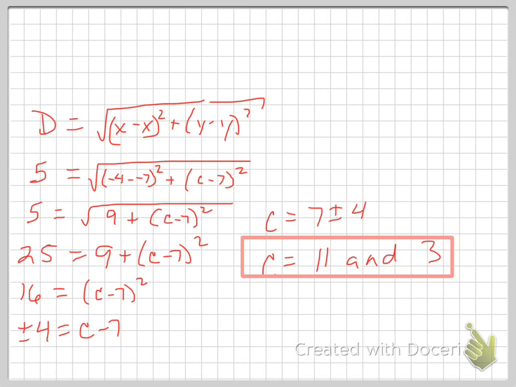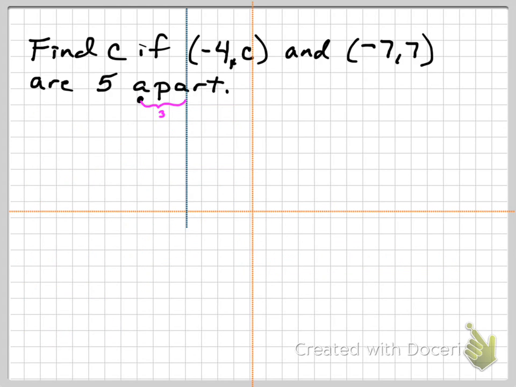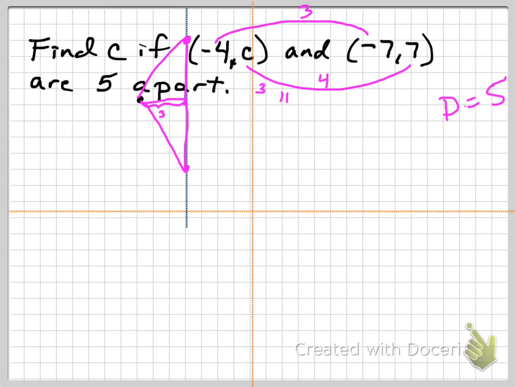Okay? So you can either do it algebraically or by looking at it. Another way to do it, if you want another way, from x to x is 3, and you can see that they're 5 apart, so it's kind of a 3, 4, 5 deal. So you're looking at it and you say, all right, from C to 7 has to be 4. So what's C going to be? You could do it that way. It's just another way to think about it. Lots of different ways to think about it. All right, let's move to